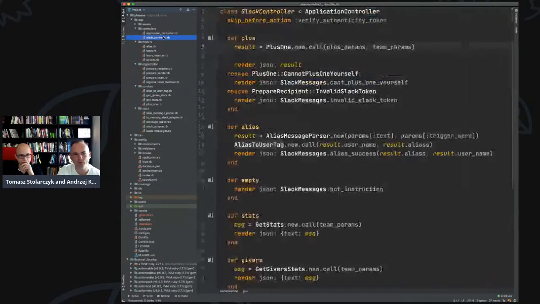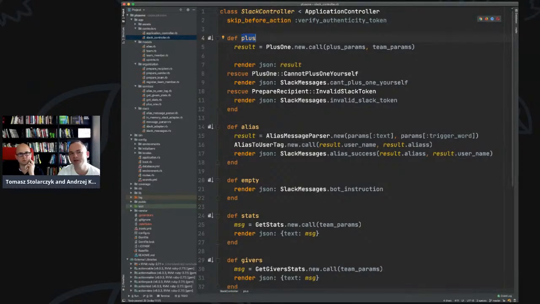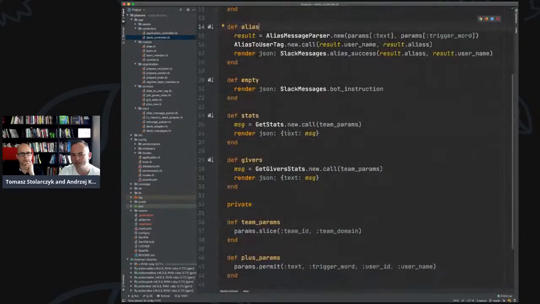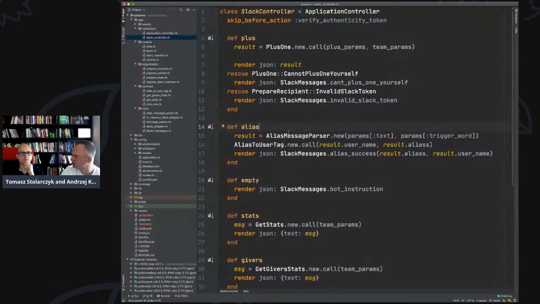For example, I was asking Tomek before we started going live today whether typical Rails controllers have any problem with their cohesion, because we know they share something, they are about the slug, and they share some ideas about calling different service objects. But still, the cohesion probably is not the best here. What do you think? It's not too bad.